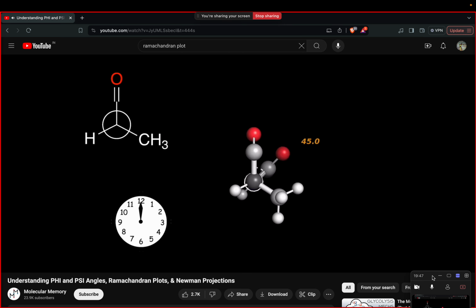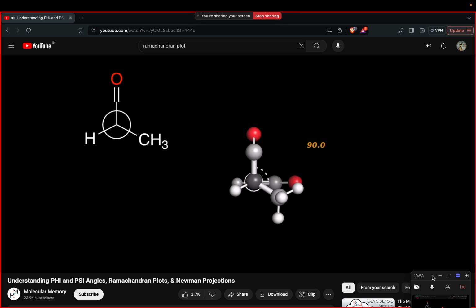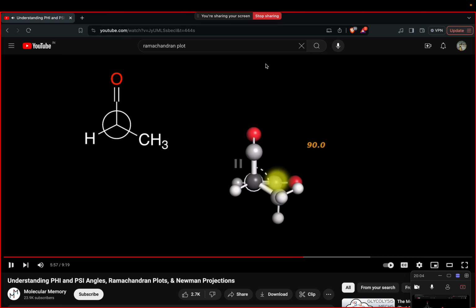Going back to our clock, as the carbonyl on the back carbon moves from noon to 6, the phi angles are positive. Let's pause at 90 degrees to draw the groups on the back carbon atom onto our Newman projection. The carbon of the carbonyl is